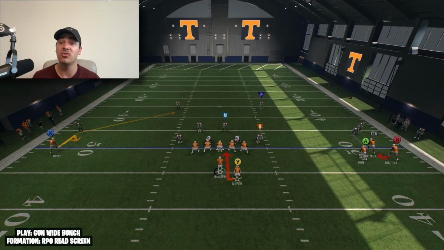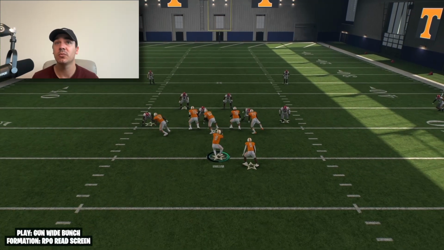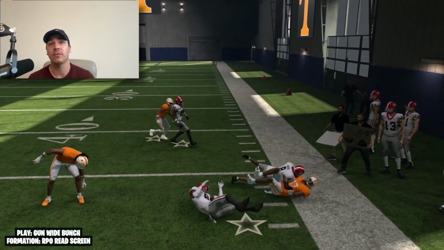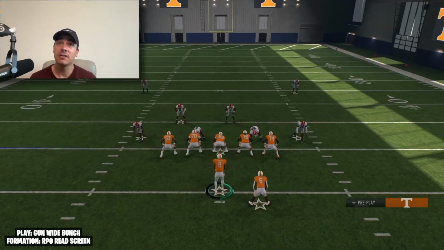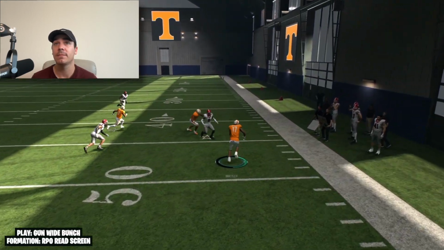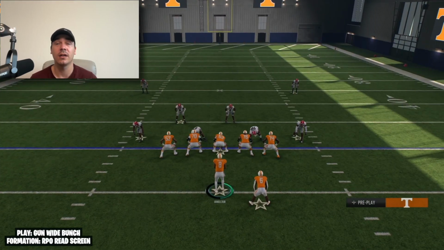Currently, we're going up against zone coverage to get things started, just like we always do, and it looks like there's only 2 cornerbacks or defensive backs on the right side of the field. So let's see if it's really those free yards. Get the ball out. Well, free yards, yes, 4 to 5. I mean, this might be a great play if it's one of those. Oh, look at that. Okay, 10 yards there. If it's on the goal line,